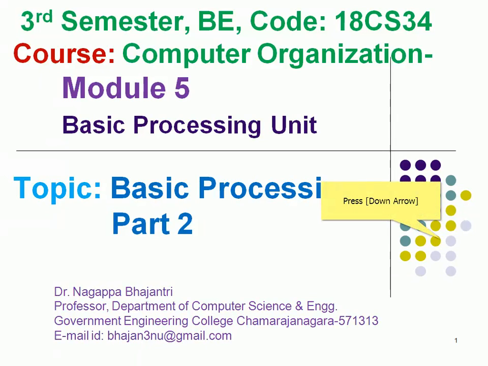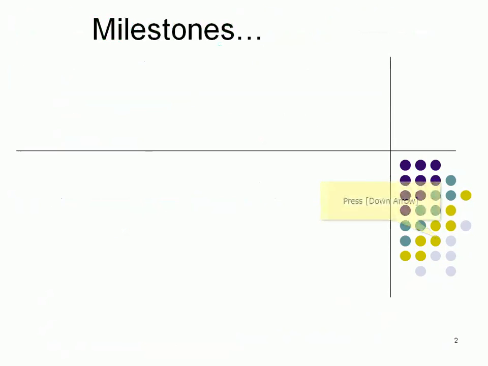This video lecture is going to provide information about the basic processing unit, part 2, under module 5 of the course called computer organization. In part 1 we discussed the fundamental concepts about how these signals are generated with the help of various hardware, and we discussed examples also. So in this presentation, let me see the following